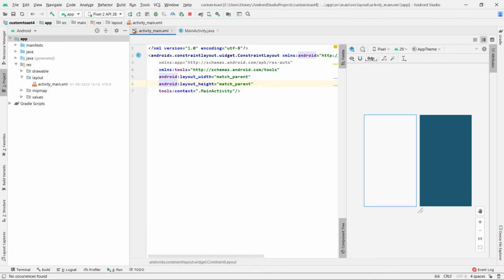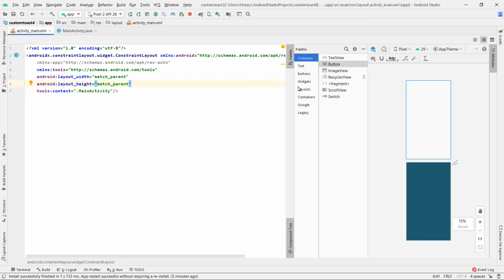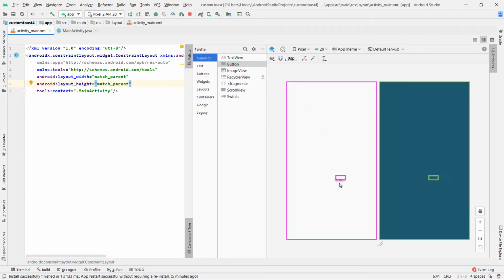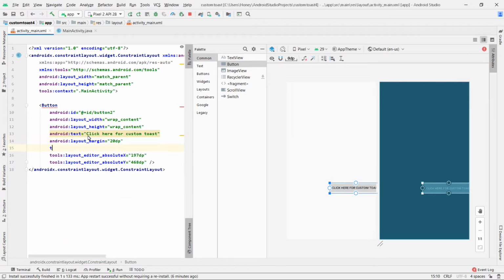So go to our activity main.xml file, drag and drop the button. I have dragged the button here and dropped it here. I'll name the button as click here for custom toast. Set the margin as 20 dp and text size to 20 dp.